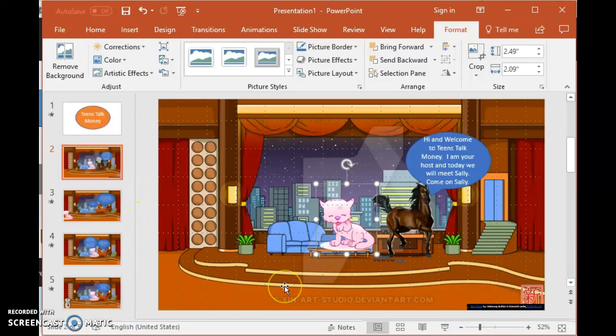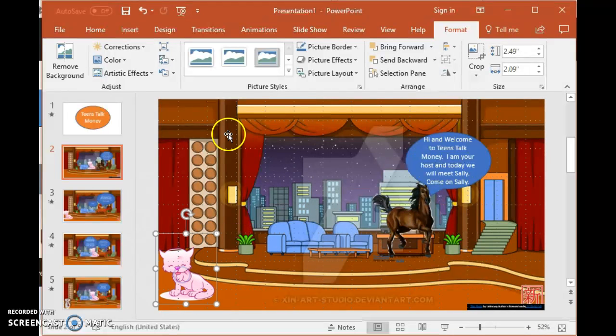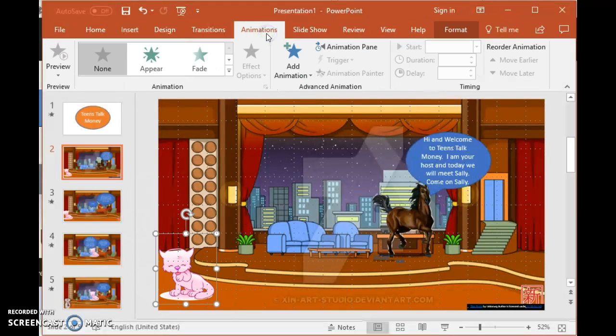Okay, so once you've got your characters set up, the next thing is to animate the slide, and for this one I would like the cat Sally to actually make an entrance, and then I'll add a speech bubble which says hi to Ned. So I'm going to move the cat over, and then I'm going to go to animations,